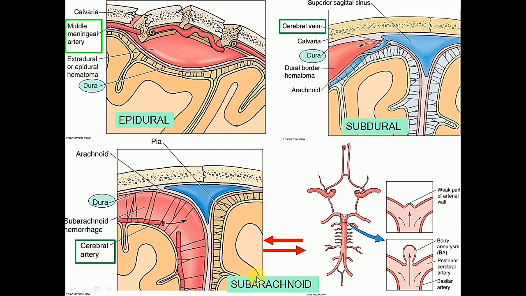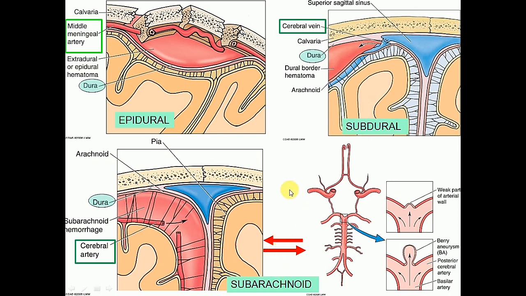Whereas subarachnoid hemorrhage is mainly because of the rupture of cerebral arteries, mainly the arteries which form the circle of Willis. So the rupture of the artery leads to collection of blood in the subarachnoid space between arachnoid and pia mater. There is a condition known as Berry's aneurysm. Here there is a weakening of a part of arterial wall in the artery which participates in the circle of Willis. So the rupture of this will lead to collection of blood in the subarachnoid space. So these are the three important hemorrhages: epidural or extradural space, extradural hemorrhage, then there is a subdural space in which there is subdural hemorrhage,